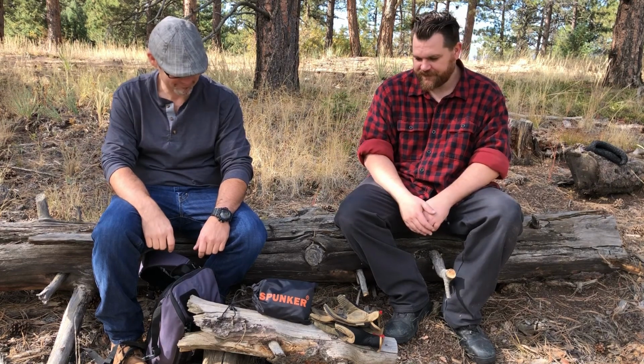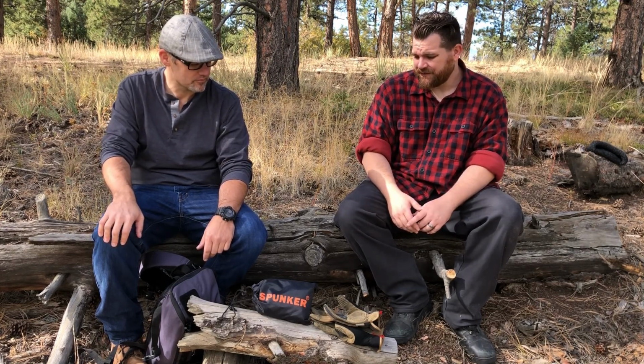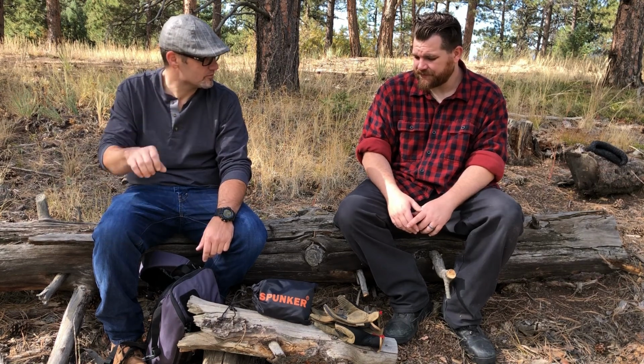So, the spunker. Not terrible. Not good by any means. Definitely a piece of a larger kit, I think. But one thing I noticed, no food of any kind. No water. Yeah, no water, no way to make water, no water tablets, nothing. First time I saw that kit, I thought, that should be in an aluminum case so you can at least boil water in it. Which I thought was a really good idea. But yeah, you're right. I mean, there's that straw, but there's no way to...